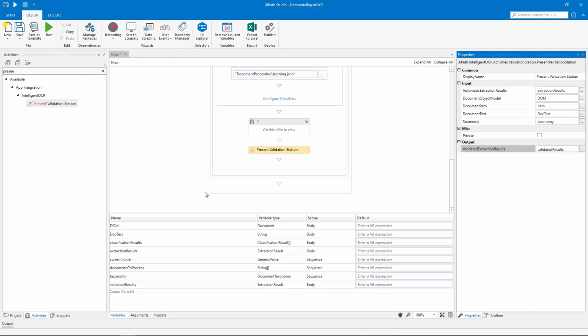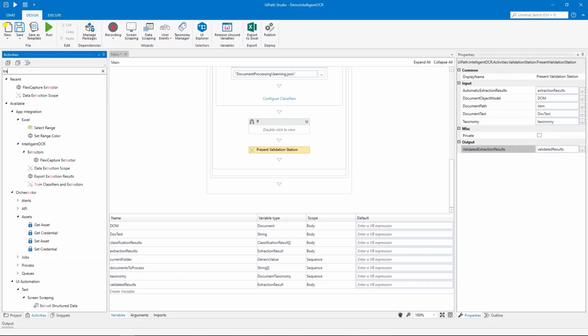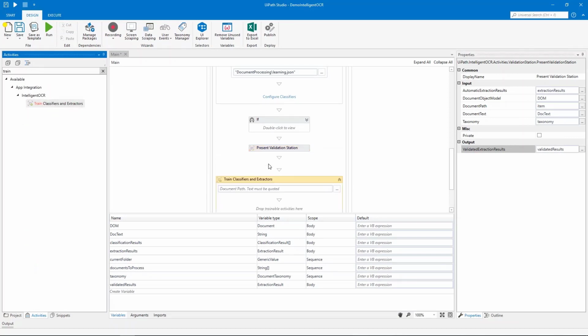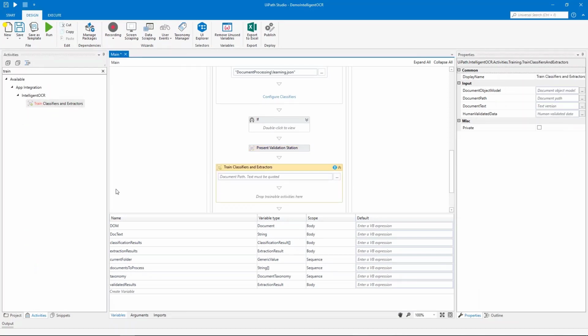After this step, we need to train the classifiers in order to obtain a higher confidence score. So, drag and drop a train classifiers and extractors activity to the designer panel. This activity is helpful when using any classifiers or extractors with learning capabilities, such as keyword-based classifier, as in the present case. After the end user validates that the document was correctly identified through the validation station, the confidence of